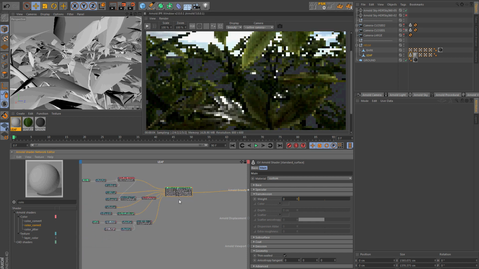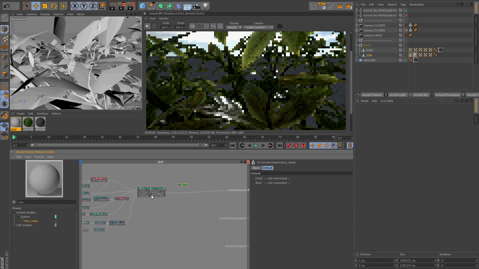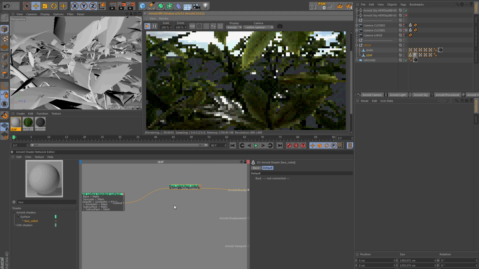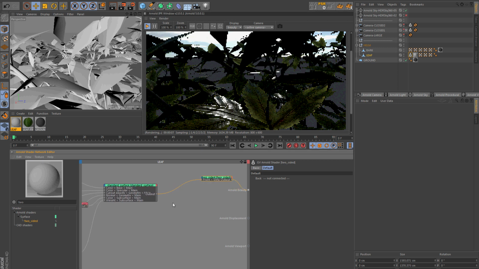Final step, I want to have a different texture on my front side and on my back side. To do this, I will use a two-sided material. So here is the front side and here is the back side. Connect your material to the front side and see what happens. The back side is black.